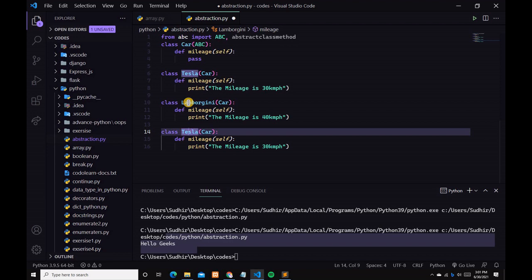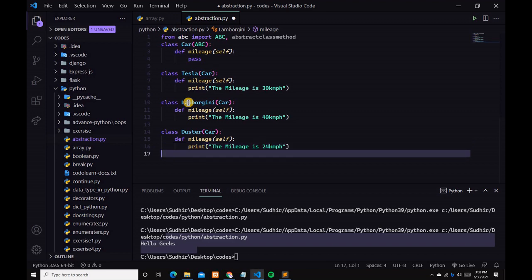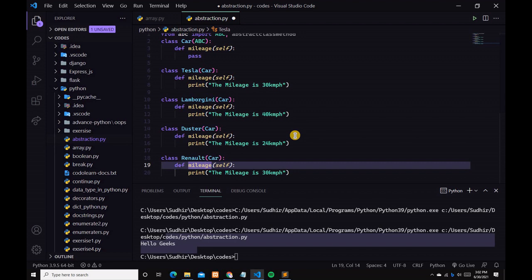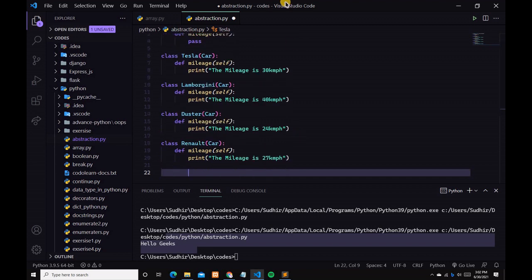Again I will paste this, and instead of Tesla I will type Duster, and I will type 24, not 30. Then Renault, and then I will type 27 kmph.